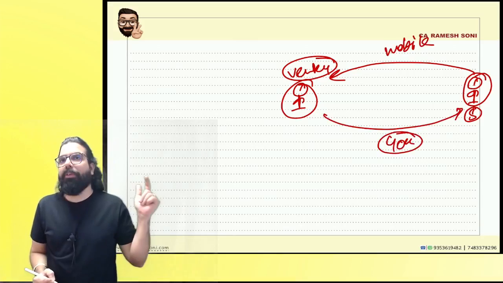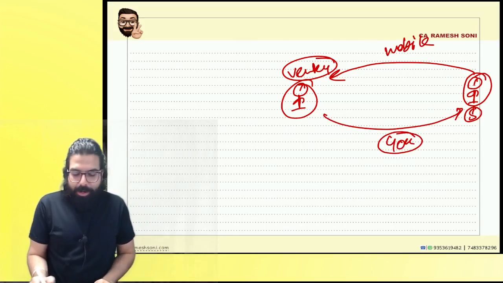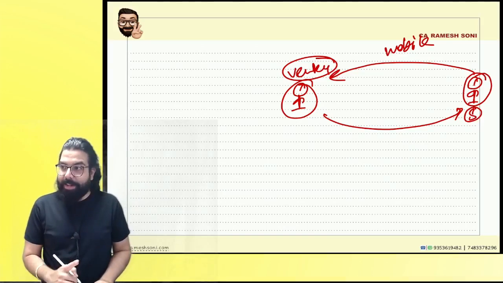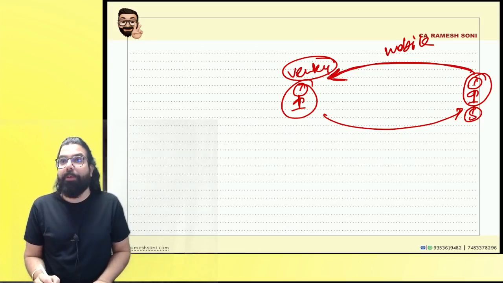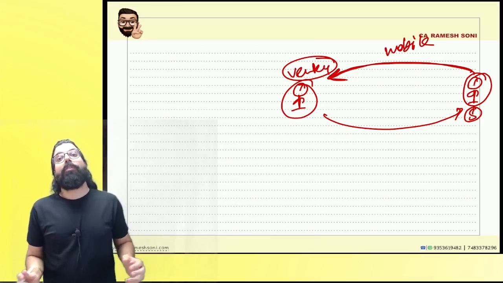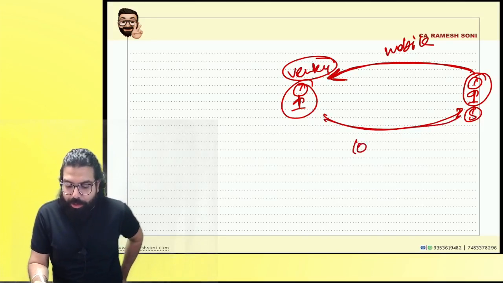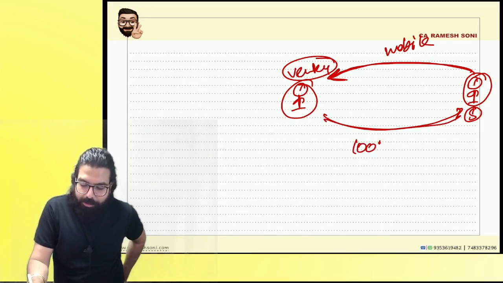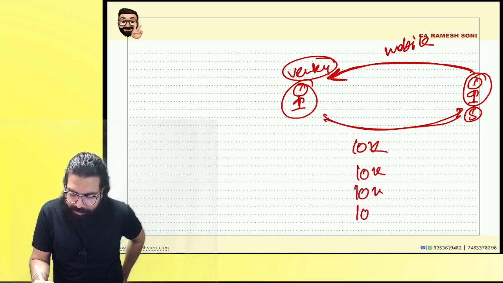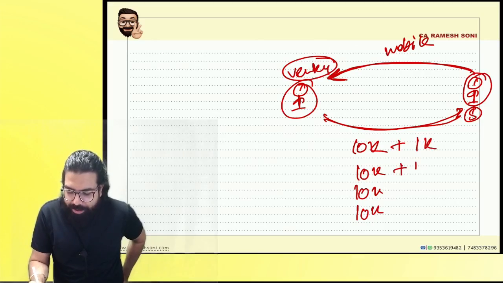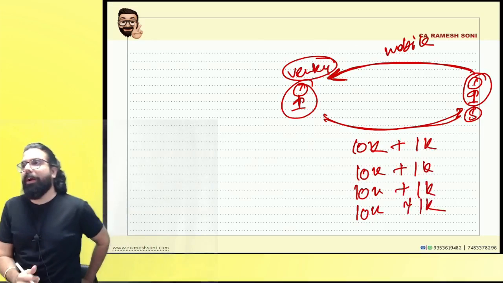Can you tell me what is the value of supply? 40,000. Are we clear, everyone? Now Venki told, Uncle, no money. So I want the mobile phone to be given on credit. Uncle told, okay, I will give the mobile phone. He told, sir, money is not there. Then uncle told, okay, I will give you EMI. Venki asked, okay, how much EMI? Uncle told, every month you pay me 10,000 rupees, 10,000 rupees, 10,000 rupees, 10,000 rupees, plus 1,000 rupees as interest. Are we clear, everyone? Can you tell me what is the value of supply of uncle over here?